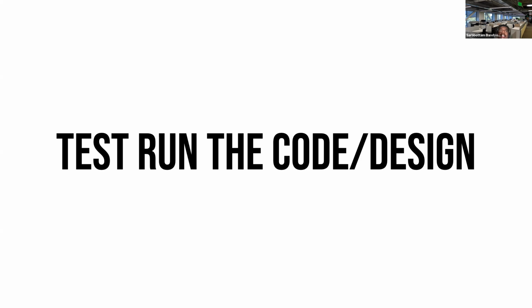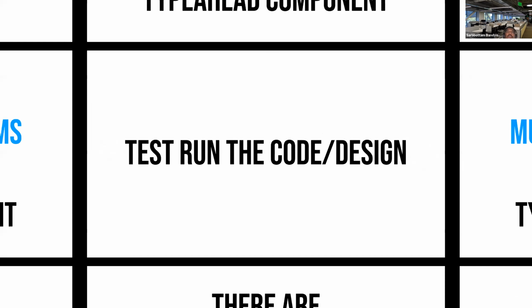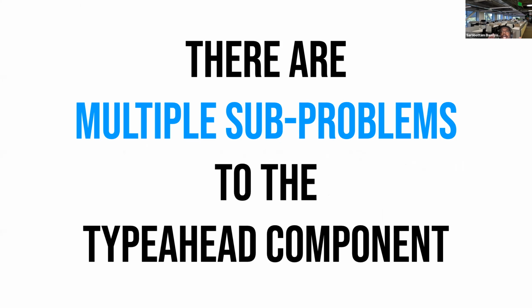But again, I'll try to reiterate one thing. When you get a problem, try to identify if there are multiple problems or not. Is it a single problem or are there multiple problems? For example, this type ahead, I'm not sure how many of you anticipated it, but there are tons of sub-problems here. This is not just one problem. So to name a few of them,